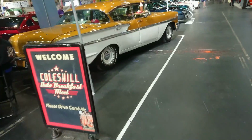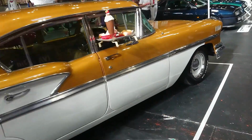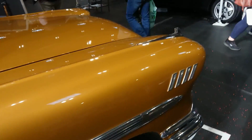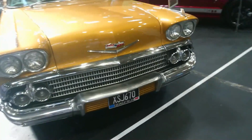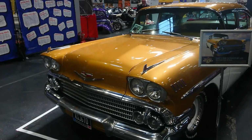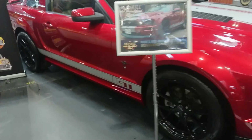Ooh, what on earth is this? It's a Chevy. It's a Bel Air. It's a Bel Air with... Ooh, I'm getting hungry now, but I think it's a plastic meal there, so I can't consume that, which is well because it's past my lunchtime and I'm still shuffling around. So 58 Chevrolet Bel Air. Yeah, but the 57s look a bit different. They've got different headlamps. And then a 2005 Ford Mustang GT Premium